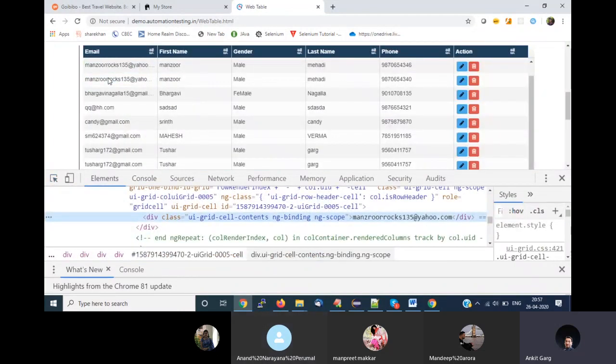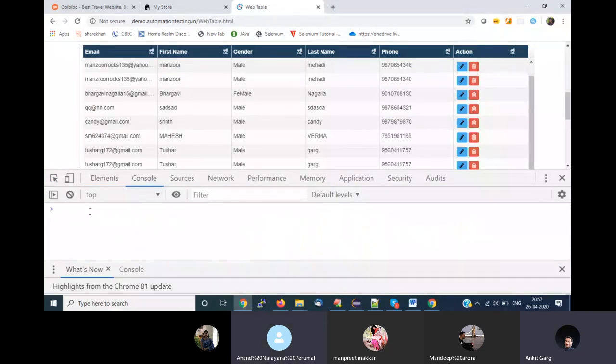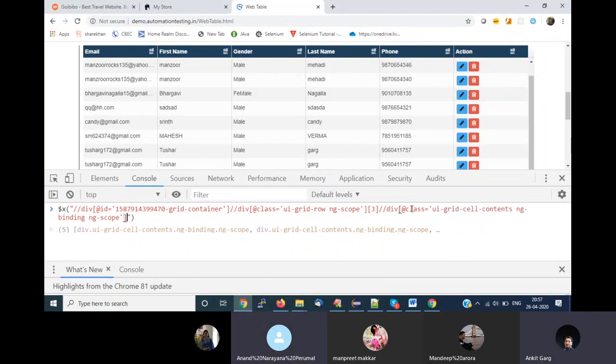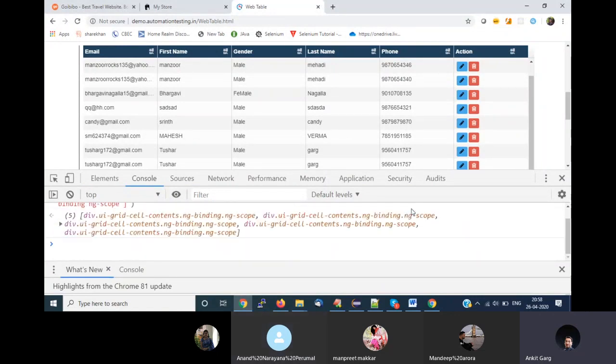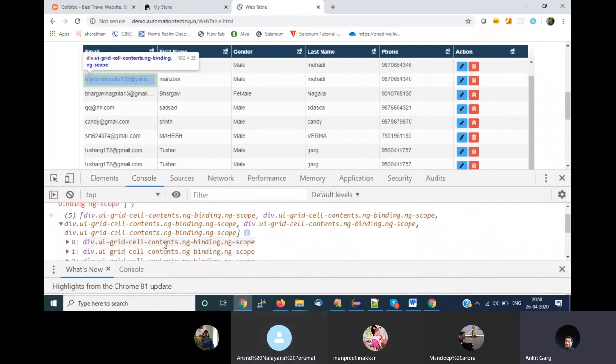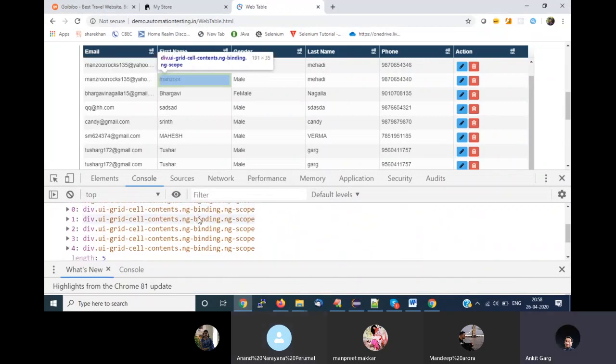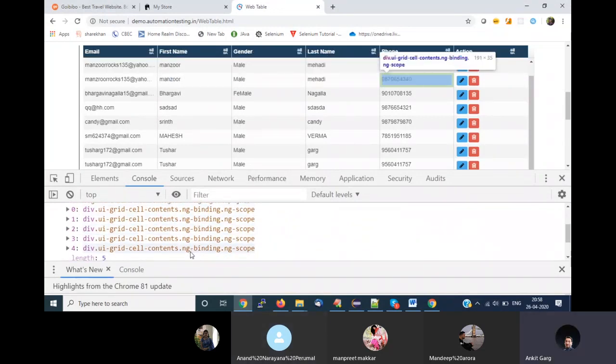That means I have not found my element properly. Div class. I'll give the class with the div. The main thing is it depends on how you're finding your element. All the things are dependent on how you write your XPath, how you find your elements. Now I'm getting 5 values. First, second, third, fourth, fifth.